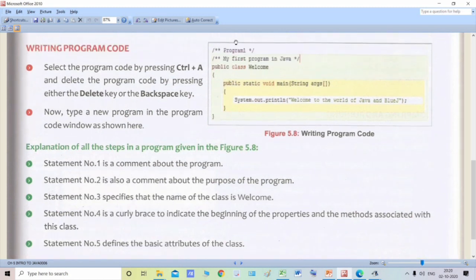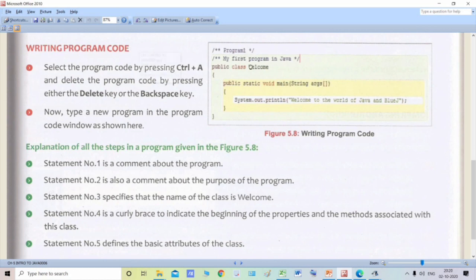This is what I have typed in BlueJ, right? So statement number one, what is statement number one? This line: forward slash, asterisk, then Program 1, then asterisk, forward slash again. I told you that whatever is written between these is a comment, and as soon as Java sees this, it ignores that particular line.